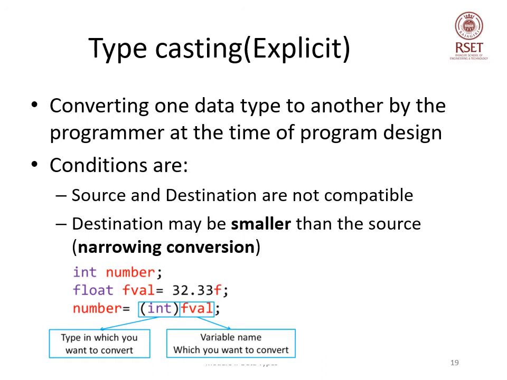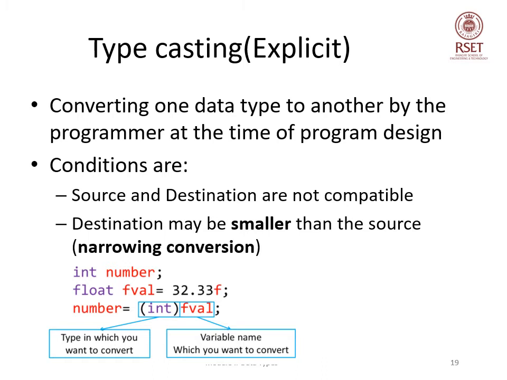Moving on to the next type of conversion, typecasting. It is also called explicit typecasting because this conversion is done only when explicitly stated by the programmer in the program. There are two conditions that have to be satisfied. The first condition, the source and destination are not compatible, and the destination is smaller than the source. So the system cannot automatically convert it to a new